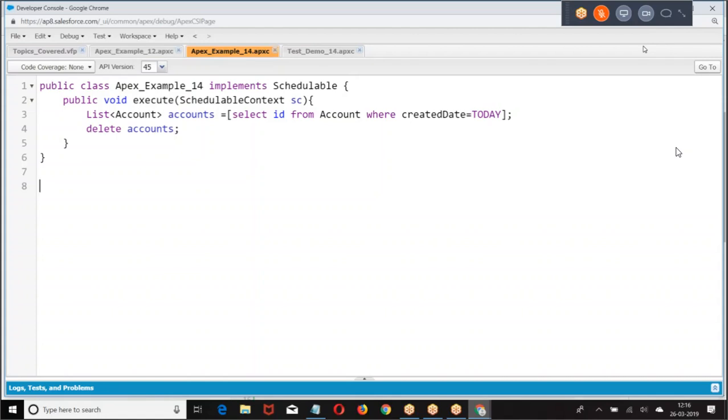For interview purposes, people will not ask you many questions on list, set, map, wrapper. They may ask what the difference between list, set, and map is, or what a wrapper is, that's all. But for interviews, there are 10 questions on SQL query and 5 to 8 questions on DML operations. And next, triggers, batch apex, schedule apex, future, extension, custom setting, custom metadata. These are straightforward questions. This will be the topics of your technical interview.